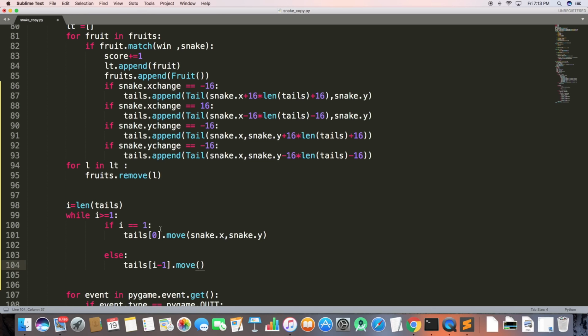So what this is, is that the tail i minus 1, let's say the fourth position coordinates, will now be the position of the third coordinate. So if I do curves like a left, right, straight, then the fourth block will also follow the same path. And that's what I have seen a snake game do.